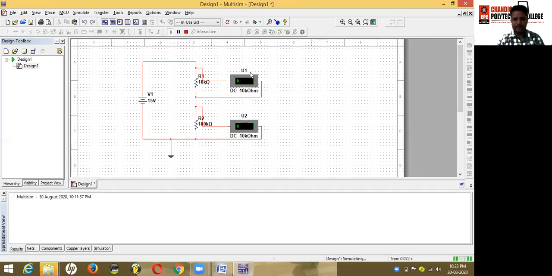As you can see, the voltage across R1 is 5.323 volt and voltage across R2 is 9.677 volt.